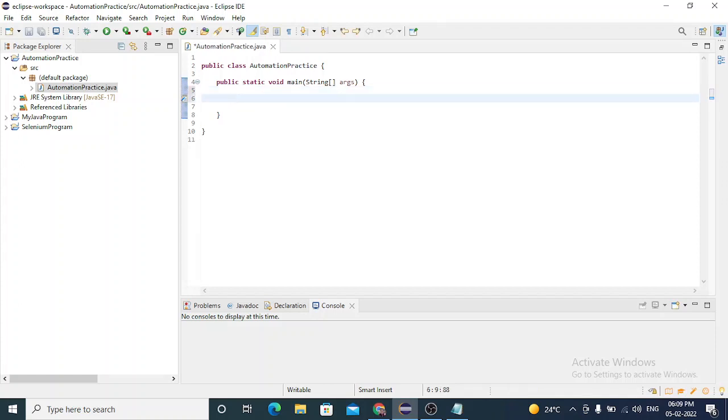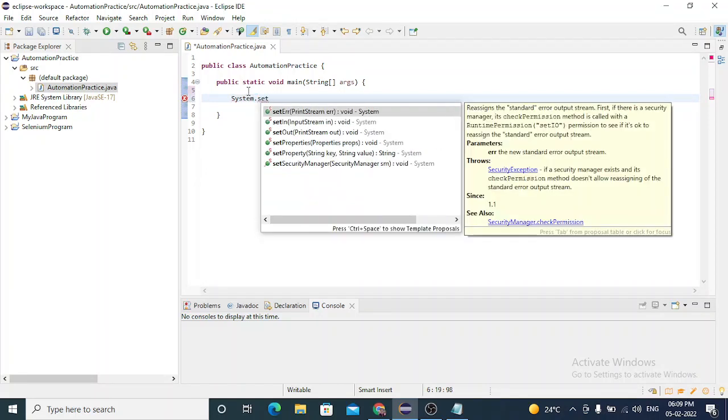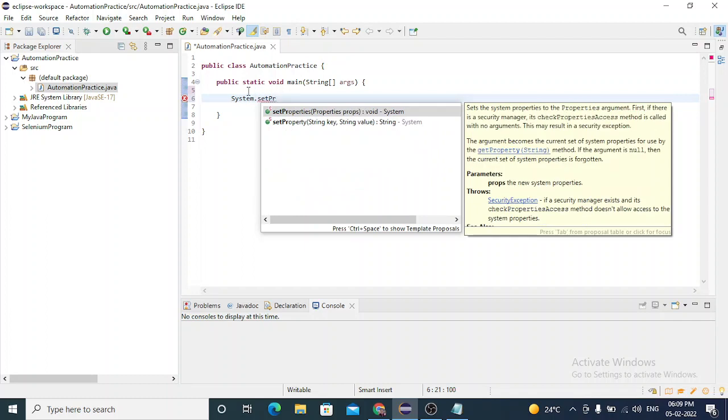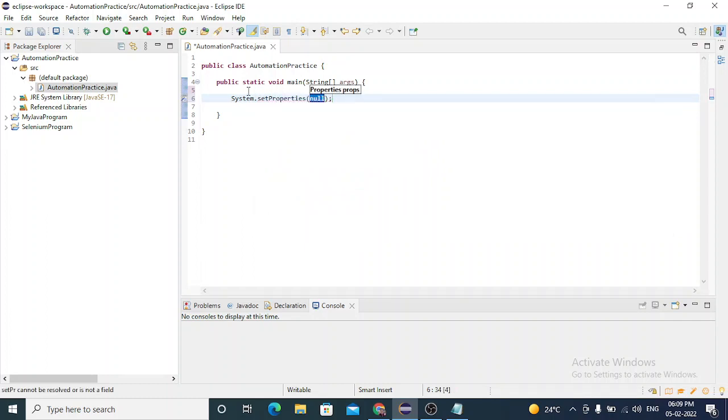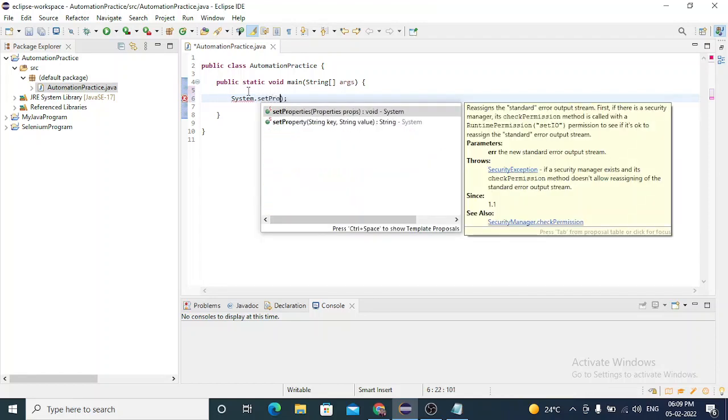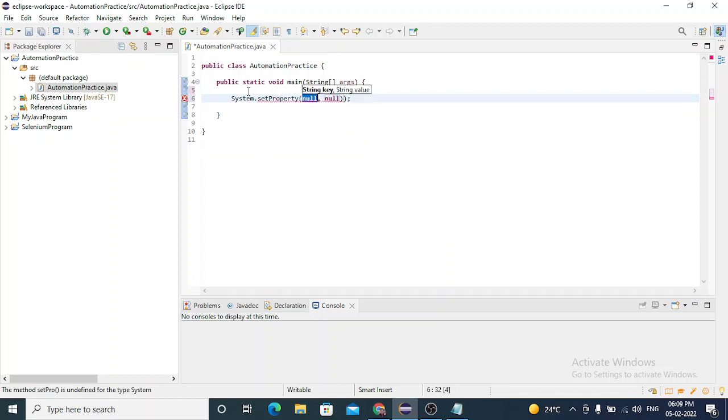So first we need to open Chrome using our program. So last time also we saw how to open Chrome. System dot set property, not properties, it's property.